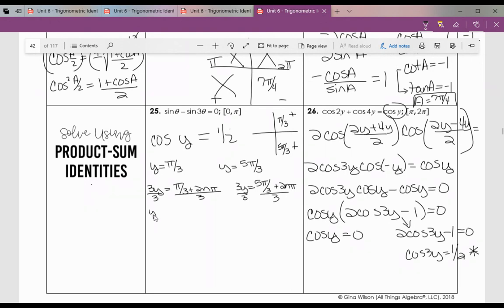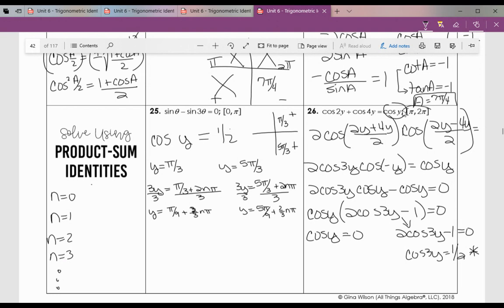So now this gives me y equals pi over 9 plus 2/3 n pi. Here I get 5 pi over 9 plus 2/3 n pi. So at this point I'm going to let n equal 0, n equal 1, n equal 2, n equal 3, and so on and so forth,